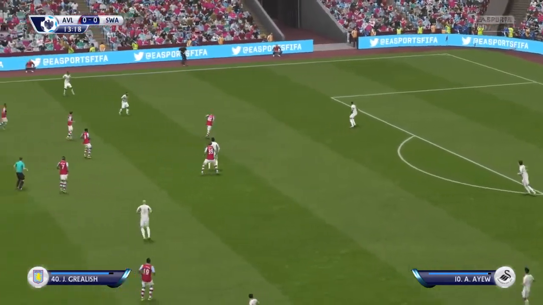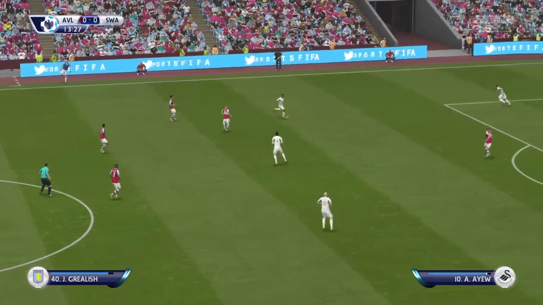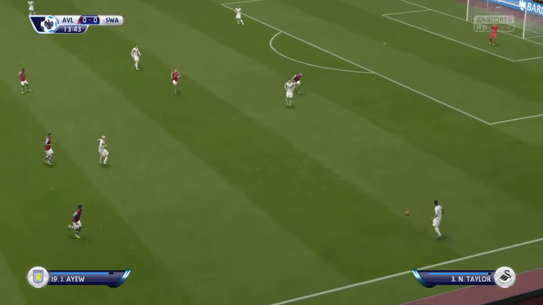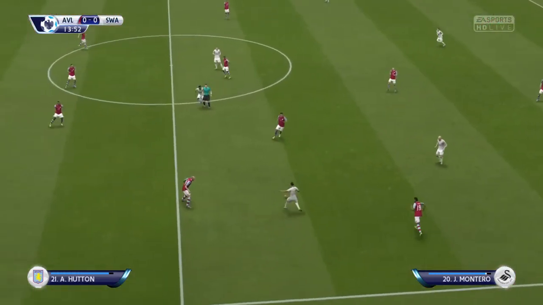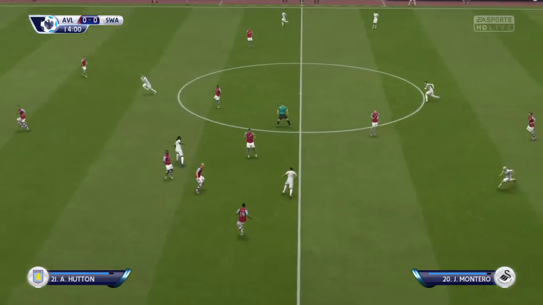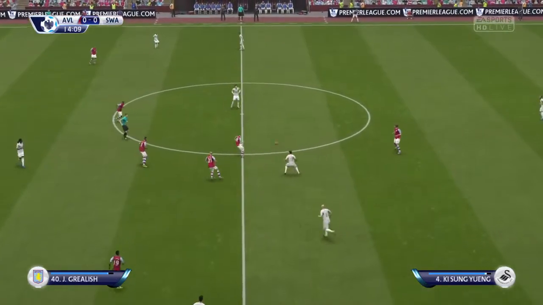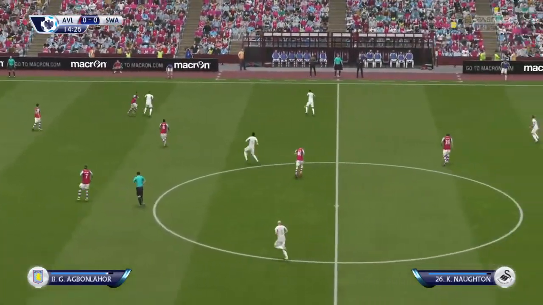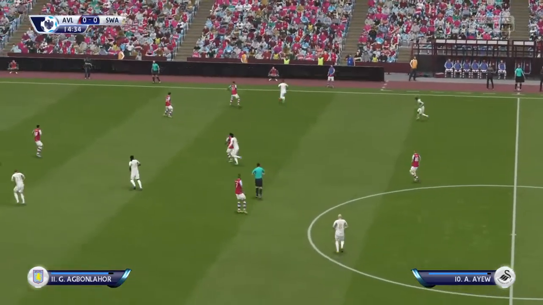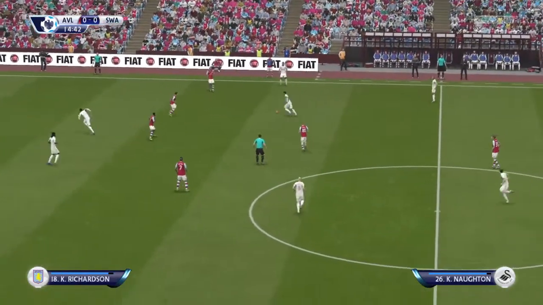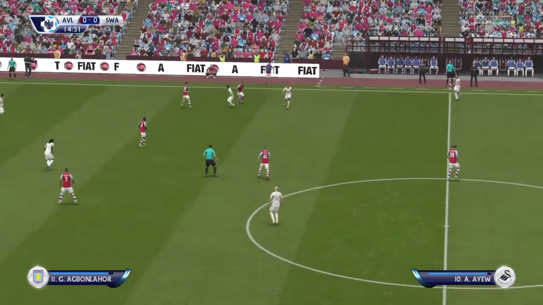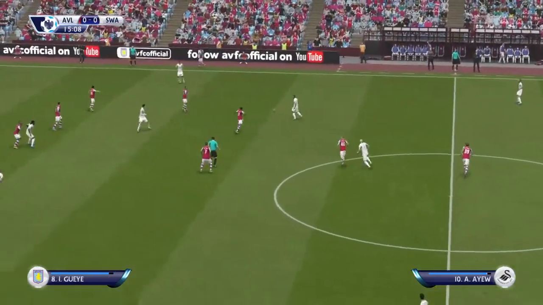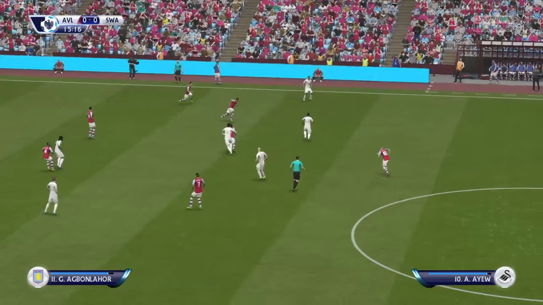Ashley Williams. Andre Ayew. Here's Taylor. Gomis. Ki Sung-yueng. Kyle Naughton. Back to him again.